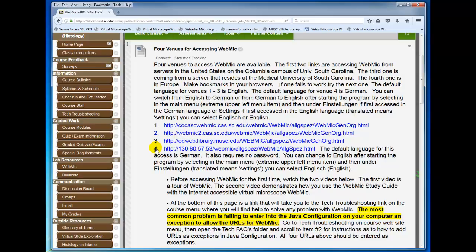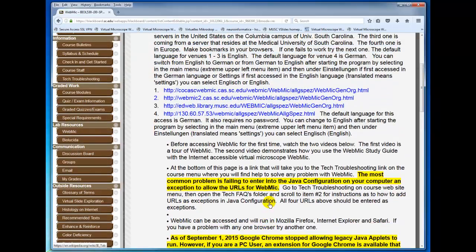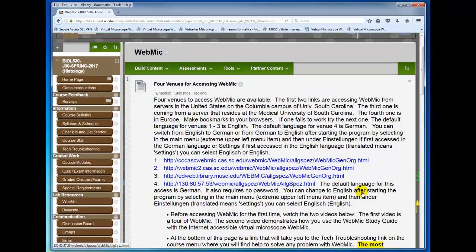But right now, the safest thing is if you're a PC user, use Internet Explorer. That's the safest. And if you use Google Chrome on a PC and you add the IE tab as we recommended, in which you have information about that here, then it will work very well on a PC. I'm going to provide information about how to make Internet Explorer work on a Mac,